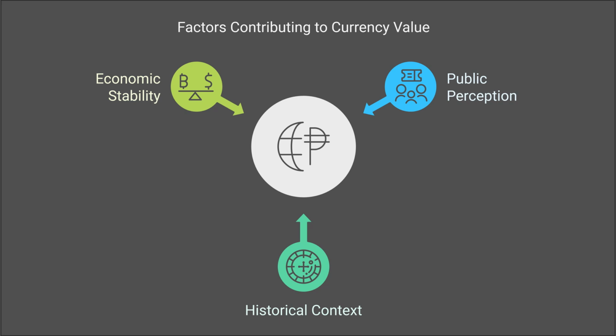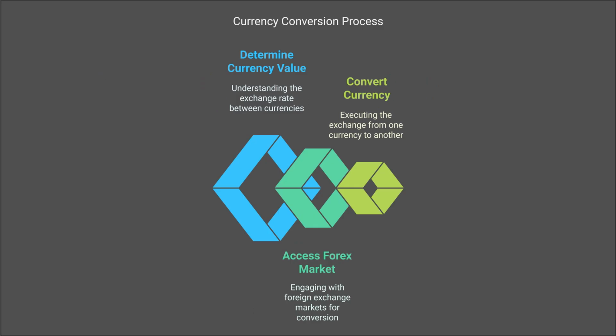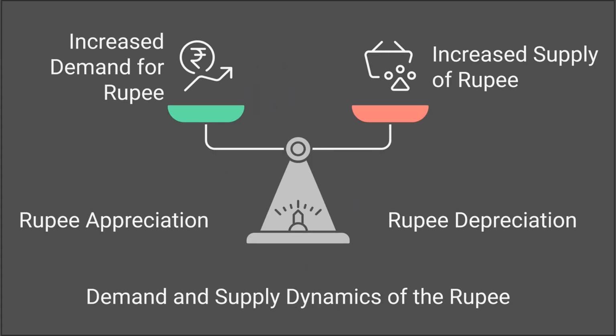Idea 2, forex market. This lack of real value, it's a challenge. Anytime you buy or sell a currency, especially across the border, you need a price. Imagine you are importing chocolates from the US for $10. The seller only wants dollars and your money is rupees. Now you need to convert your rupees into dollars. Here is the problem: both currencies are based on belief and have no real value underneath. Luckily, we have the foreign exchange market. It gives you an exchange rate, a price to convert your currencies.